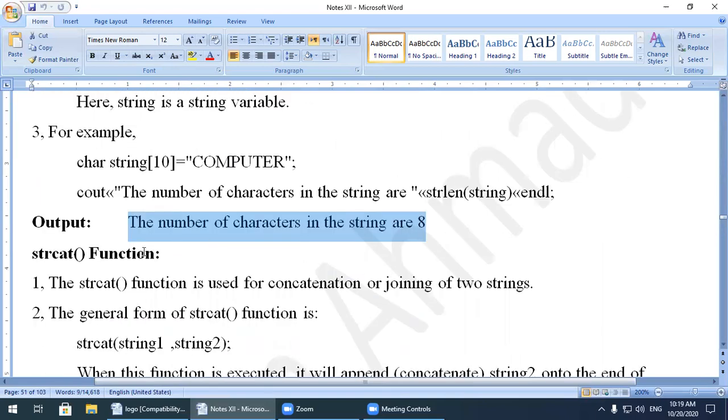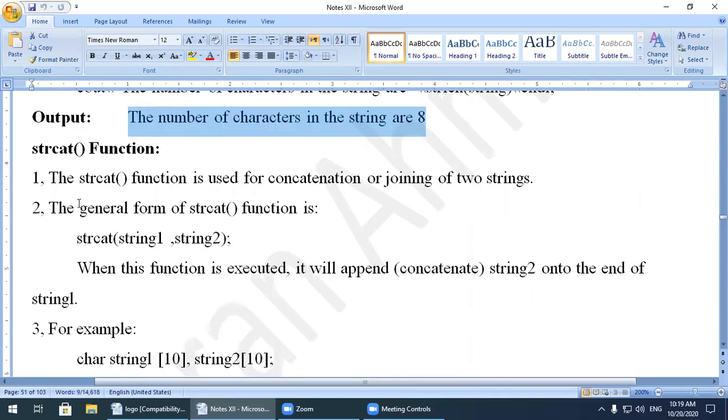Next one is the string concatenation function, which we will shortly call strcat. The strcat function is used for the concatenation or joining of two strings. Joining two strings means we can combine two strings into one string. The general form of the strcat function is strcat(string 1, string 2).